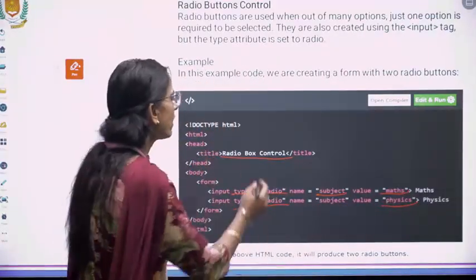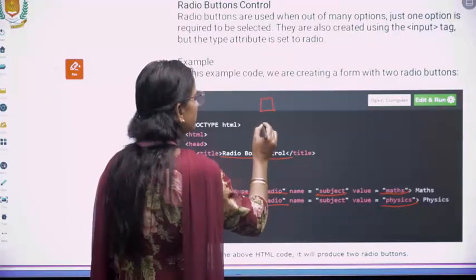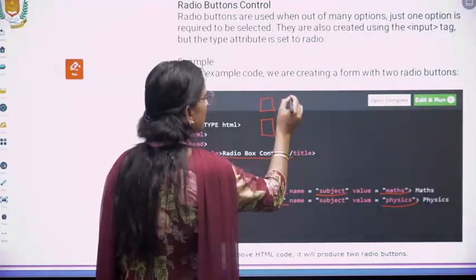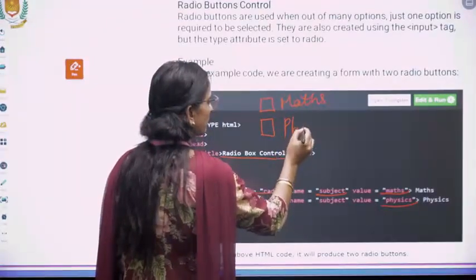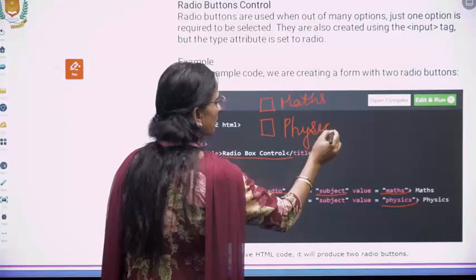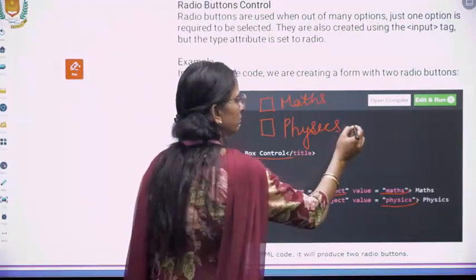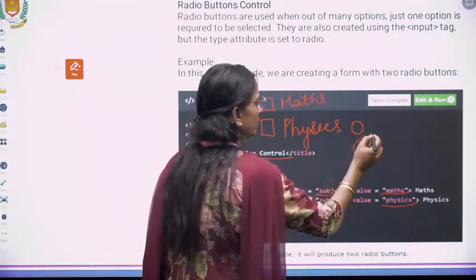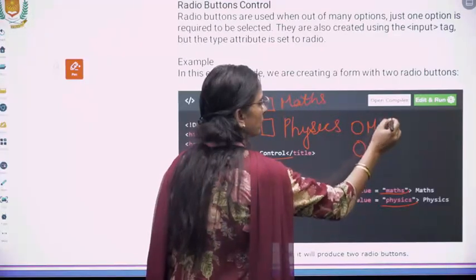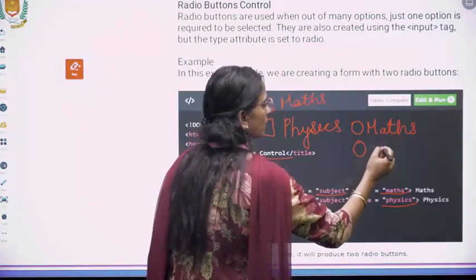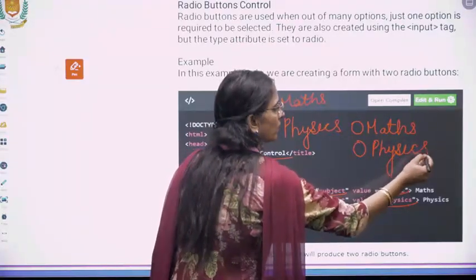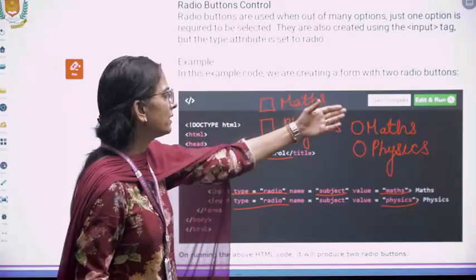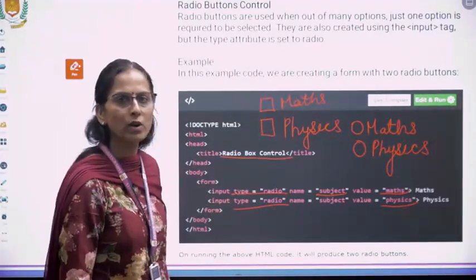So these are the two ways the output will be shown like this.